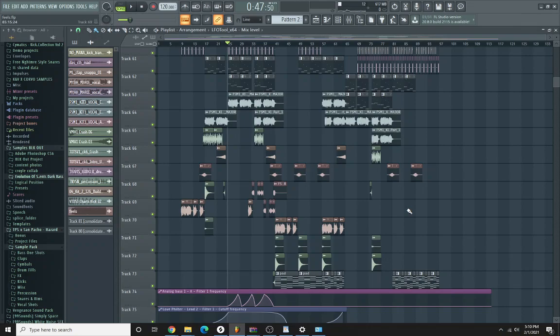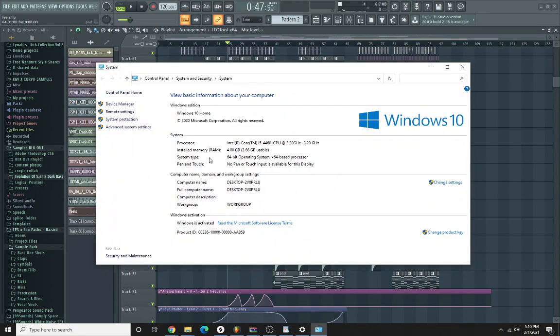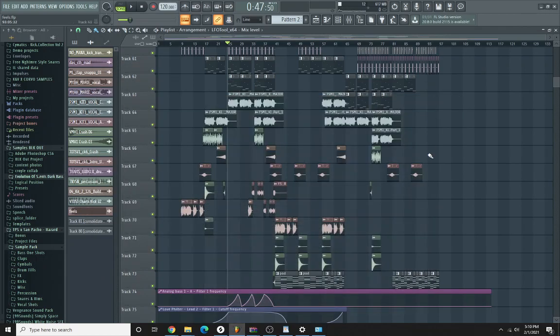And right off the bat, I'd like to start by saying that I recommend you just have a computer that's good. A lot of people won't tell you that, but just have a good computer that you can work with. This desktop that I'm using currently is an i5 with 4 gigabytes of RAM, but I would recommend something even better than this. This one's a bit old, but nevertheless, I'll be able to show you guys how to decrease this load time,